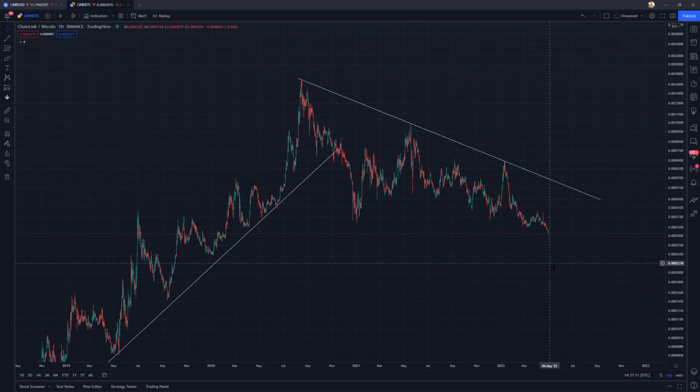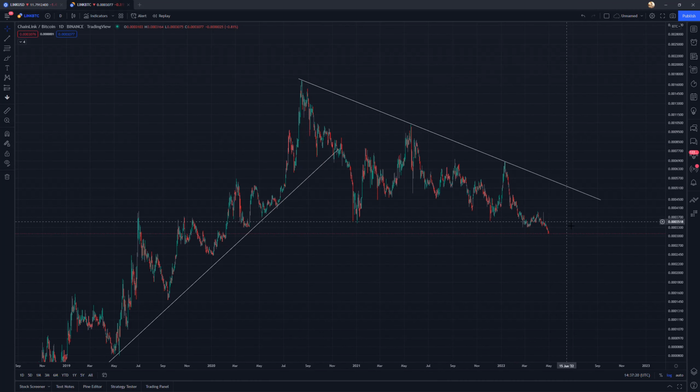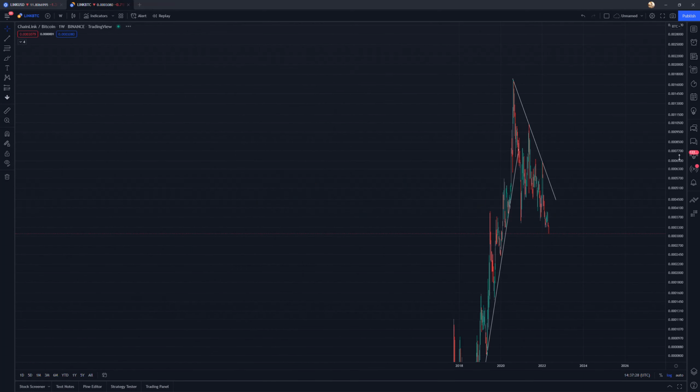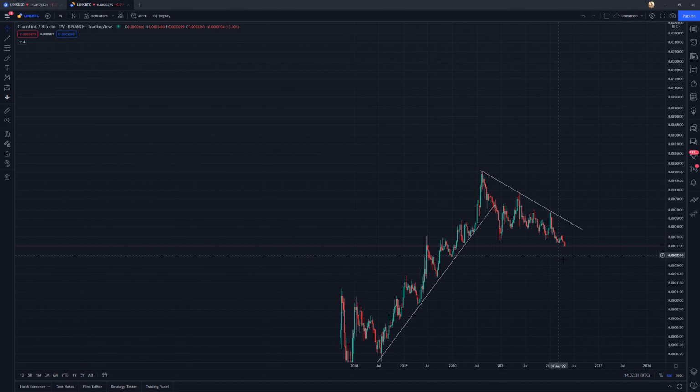Obviously, it could reverse, but it's been predominantly down for the last 2 years, right? That's a long time. I would consider that the trend is your friend, and sticking with this downtrend is probably your best bet until otherwise. If you look at this on a weekly chart, it kind of condenses this information so you can see the general structure.